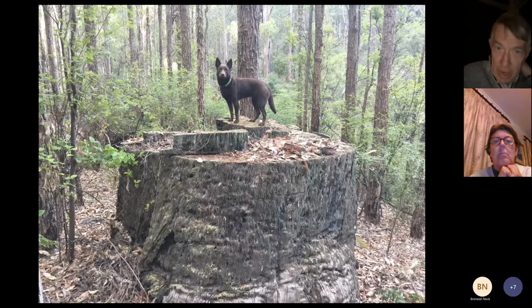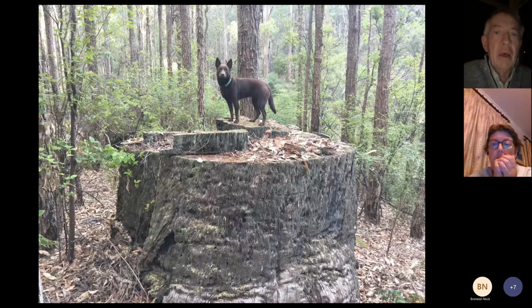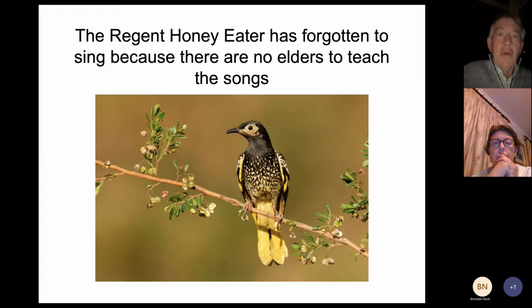This is near my front gate. South of the city, I have a large protected area of forest. We discovered this once magnificent blackbutt tree, potentially 600 years old, no doubt full of cockatoo habitat. And as you can see, this was logged in the 1950s, and we don't have a tree of that size back in that forest anywhere. The importance of protecting these environments is that